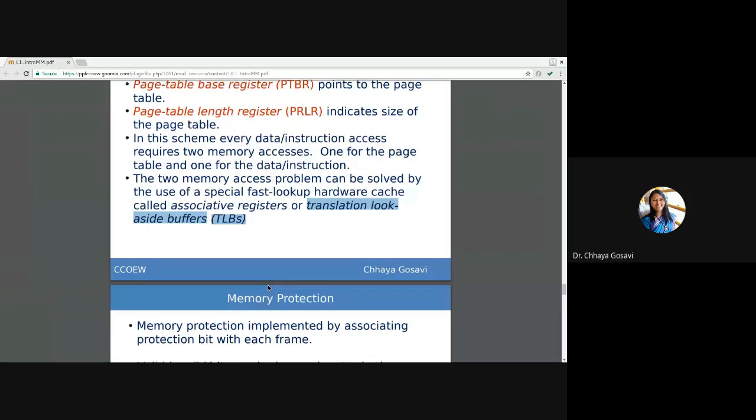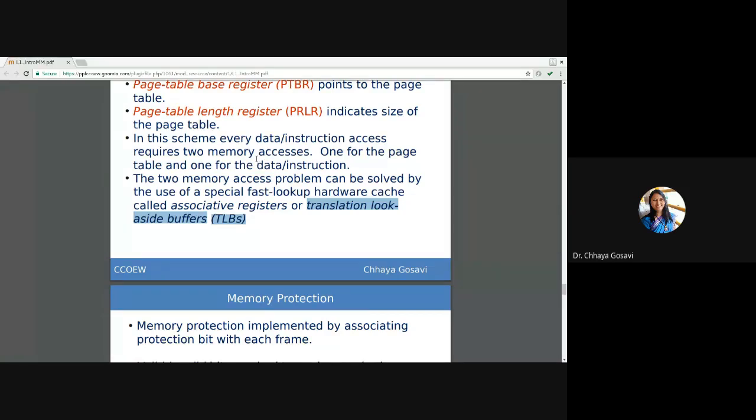So you'll directly get the frame number and you go to the particular frame and read the memory. For protection mechanism, in case of contiguous allocation, we have limit register and base register, which prevent address violation errors. It won't allow other processes to interfere in other processes and processes in memory, operating system.